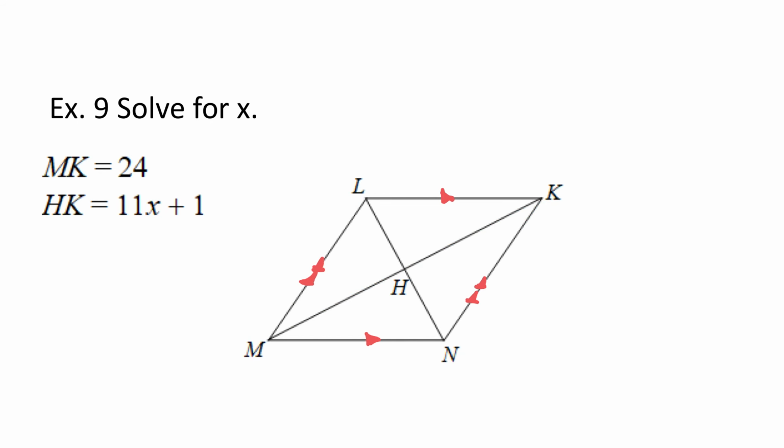As we look at this one, we are told that MK, long segment, is 24 units. And it tells us that HK, from H to K, has a measure of 11x plus 1, excuse me. There are actually several different ways you can do this. You could call this segment 11.1 as well and set those equal to 24, but we've already established that the